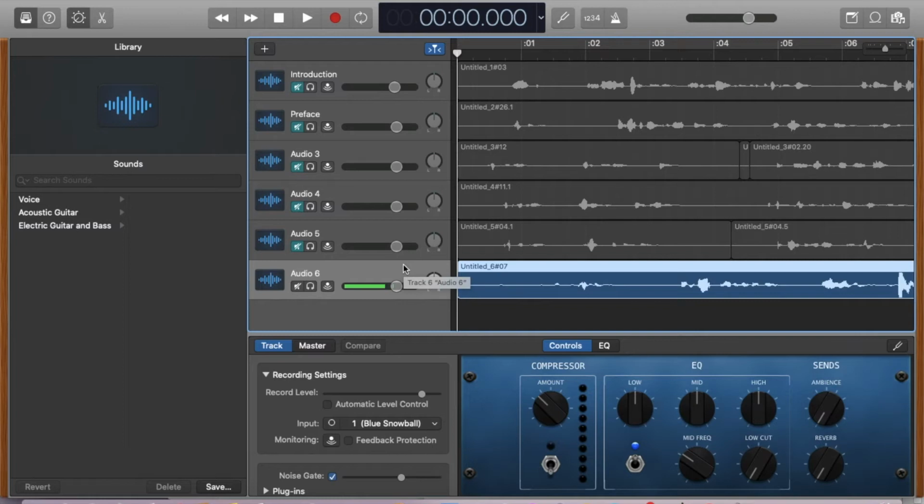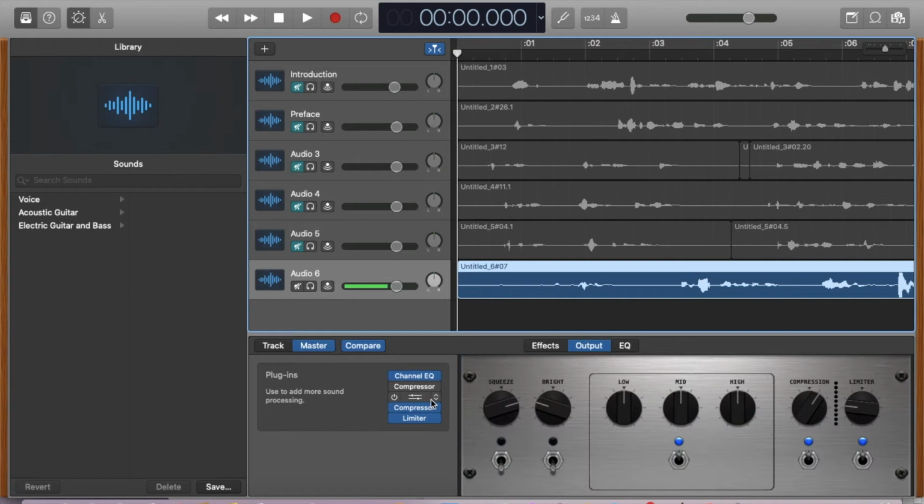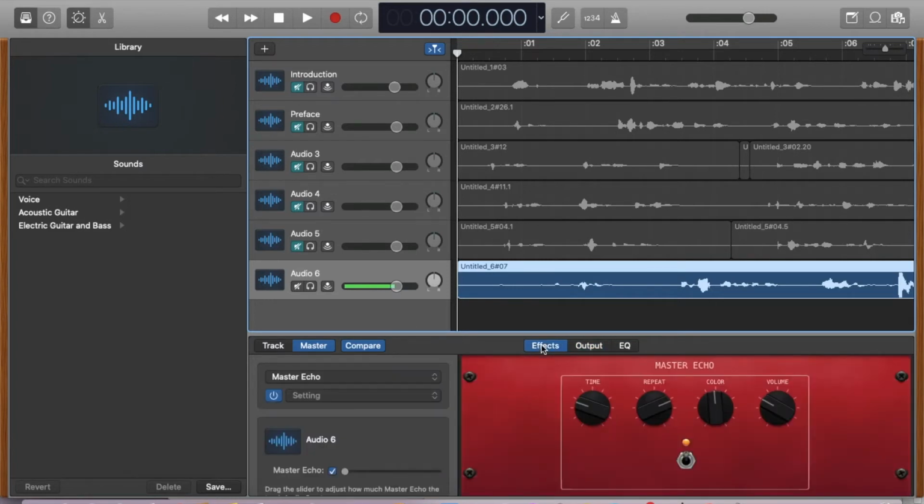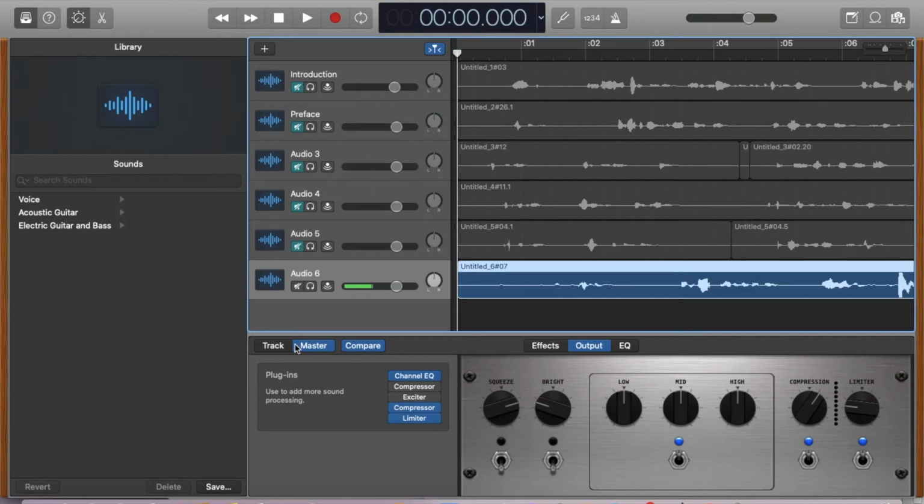So Audio 6 is the one I've created for you today. You can see it's currently listening to me. I talked in my How to Record an Audiobook video about the settings that I put in on here. You can change all of those. You can add a bit of bass or whatever you want. I'm quite happy with it, quite clean. But you can add any effects that you wish in there. But I talked about how I set those on that video, so you can have a look at that if you would like to. You can have a look at this track here and you can see a certain amount